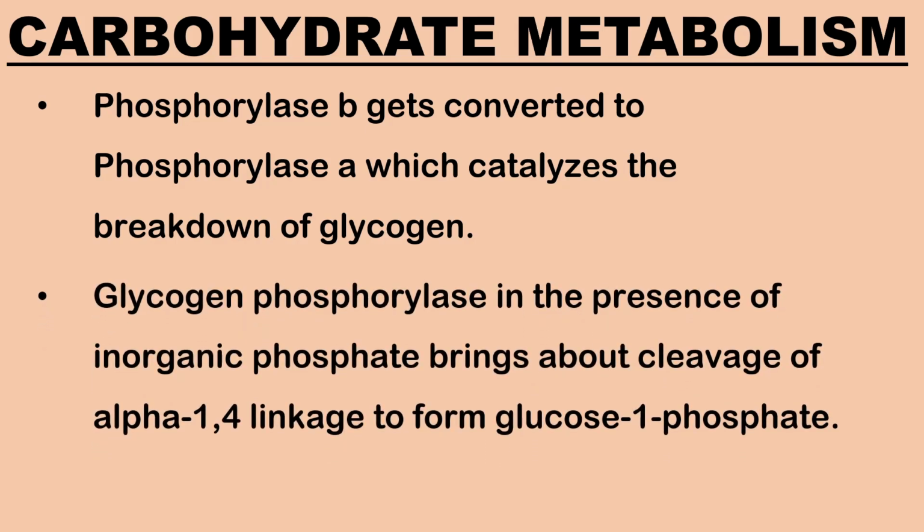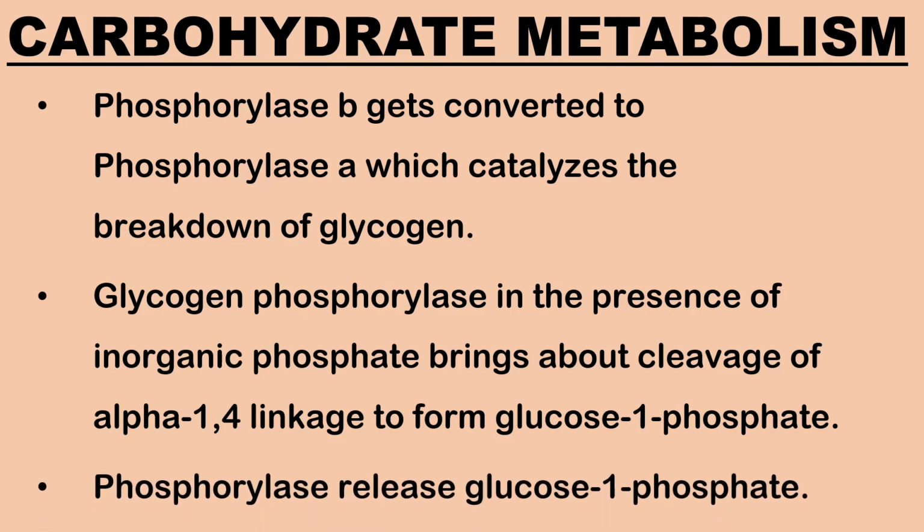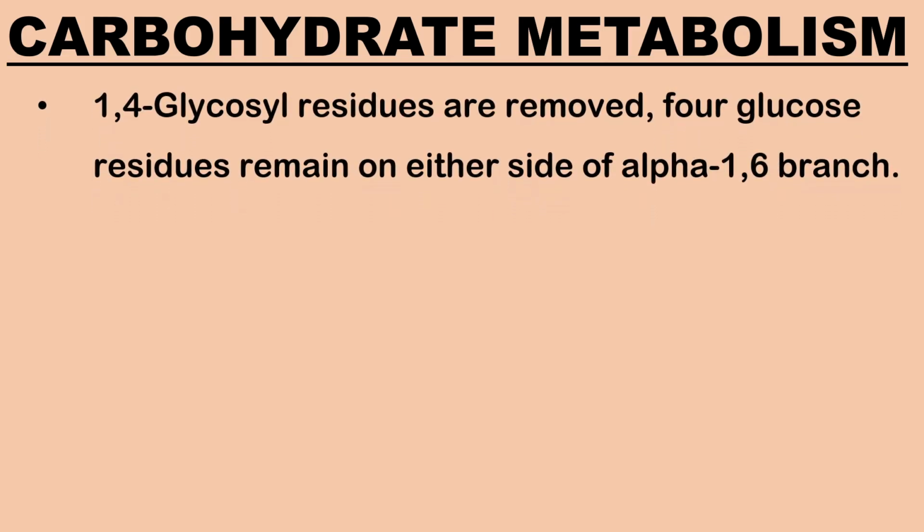Glycogen phosphorylase, in the presence of inorganic phosphate, brings about the cleavage of alpha-1,4 linkages to form glucose 1-phosphate. Phosphorylase acts on the non-reducing ends of glycogen branches and releases glucose 1-phosphate. 1,4 glycosyl residues are removed one by one from the non-reducing ends of glycogen chains until 4 glucose residues remain on either side of an